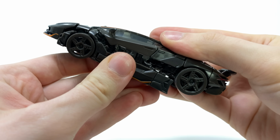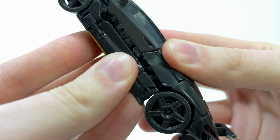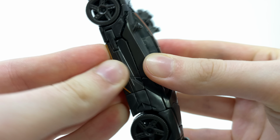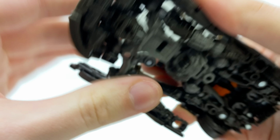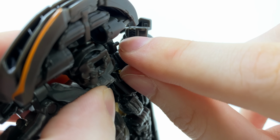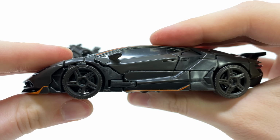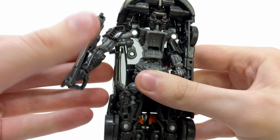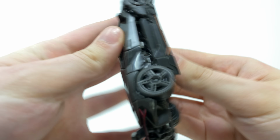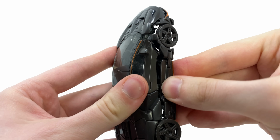And as you guys can see, there are various different slots and tabs that you'll just want to align appropriately. So snap that in there, just like so, and do the same here for this side. And inside here, there is a tiny tab that will peg into a notch up in there. So just peg that in, and that is one side of the vehicle fully transformed. Come here to this side, and you guys guessed it, rinse and repeat,